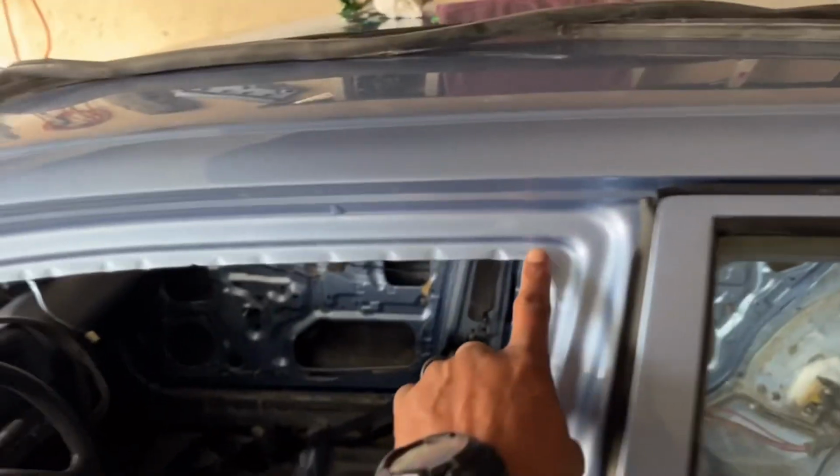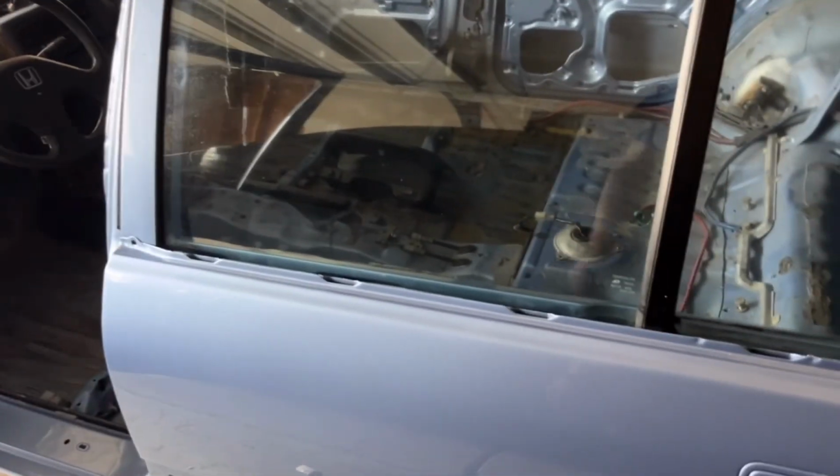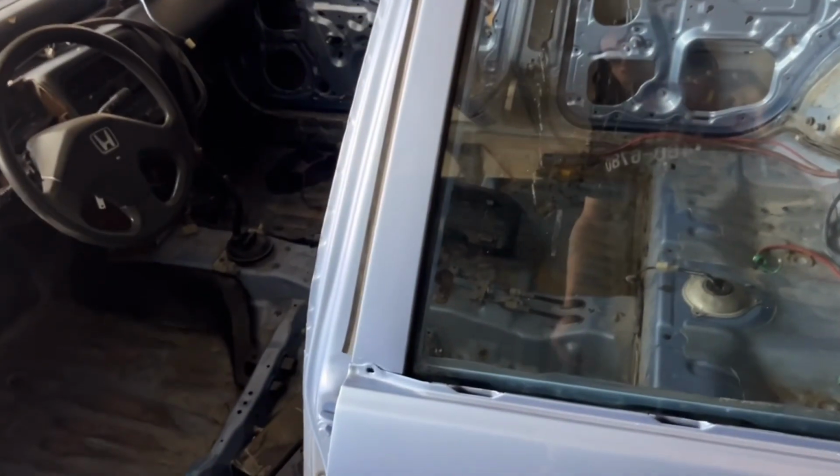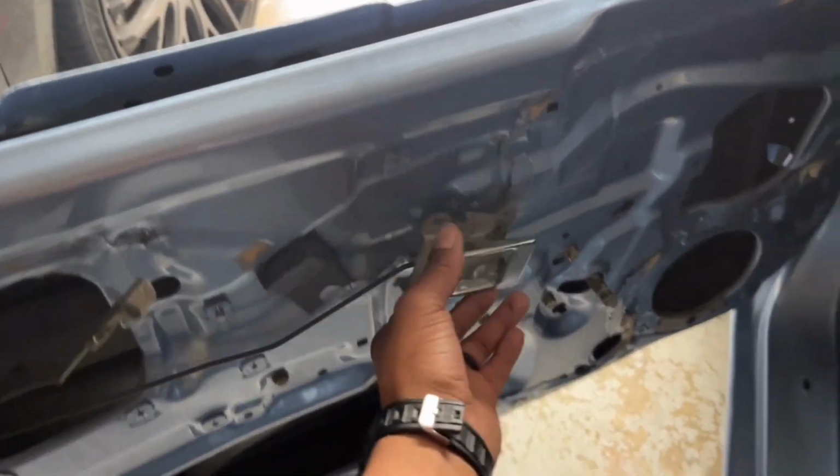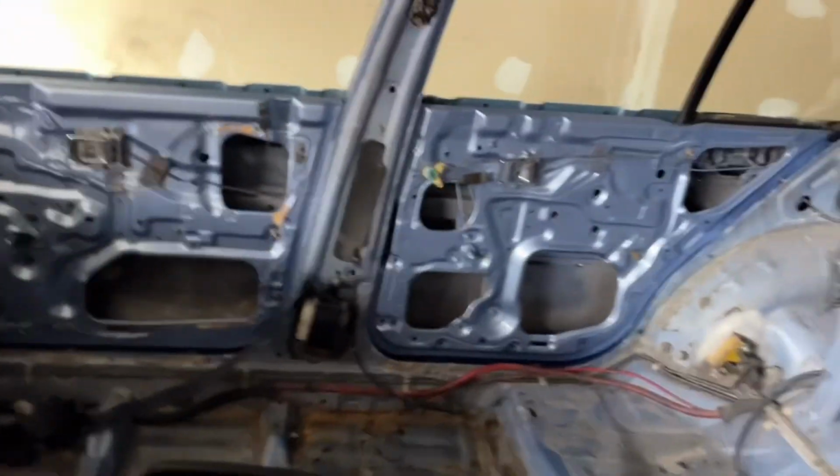I don't have any of these moldings that go around here. I don't have any of those. This top molding for the back windshield is missing, and the clips on these are broke, so that's going on. I do have the top of the doors, so I'm going to go to the storage unit, grab those, and see if I can get this stuff back square. Over on this side,